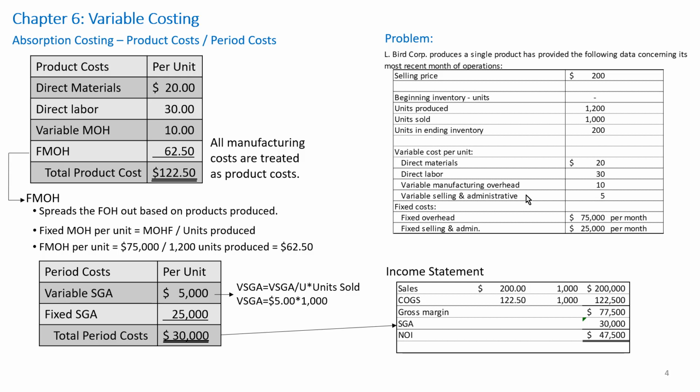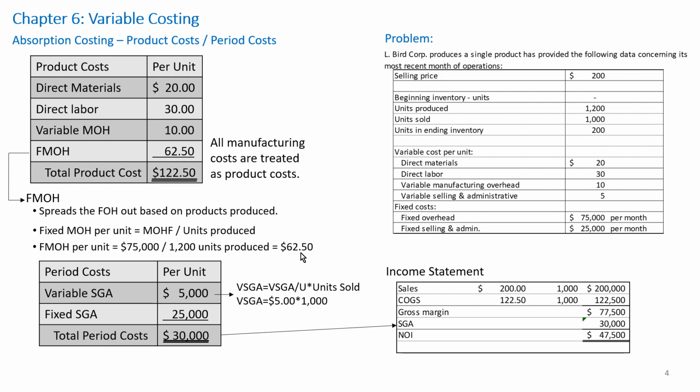But why $62.50 for fixed manufacturing overhead? The answer is the absorption costing method determines the fixed manufacturing overhead per unit by spreading the total period cost out based on the number of products produced. In our case, the fixed manufacturing overhead is $75,000 per month. During the month, we produced 1,200 units. So our per unit fixed manufacturing overhead cost must be 75,000 divided by the 1,200 units produced, or